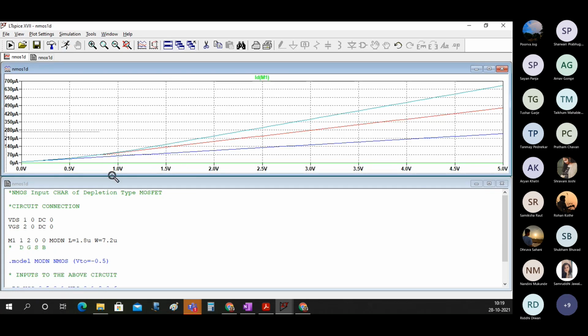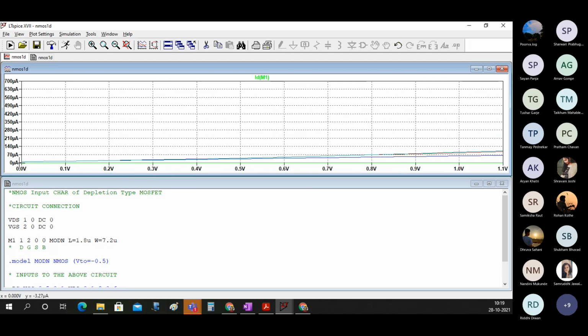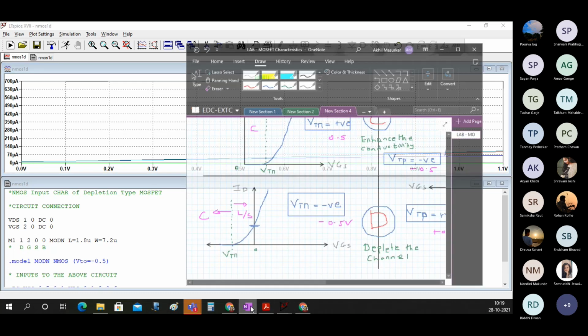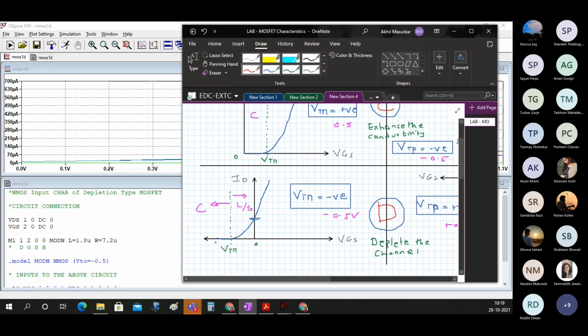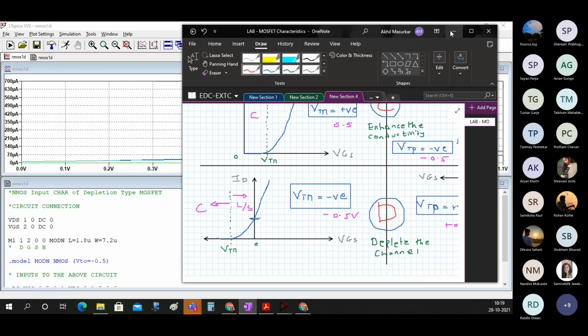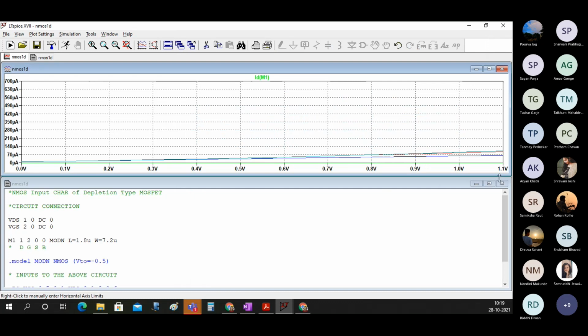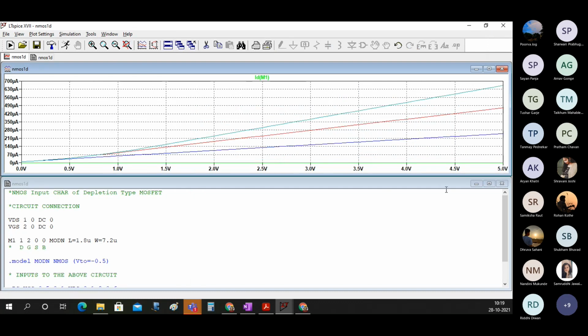Specifically you can see this part, this is not absolutely zero. It should start at minus 0.5, so it should start from the other side of 0. But here we can see only up to 0. That is because you told Spice to show me only this much.